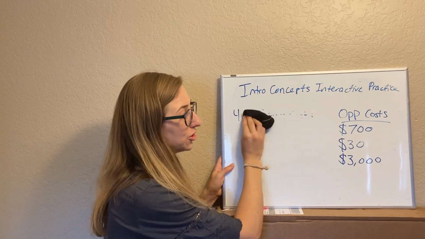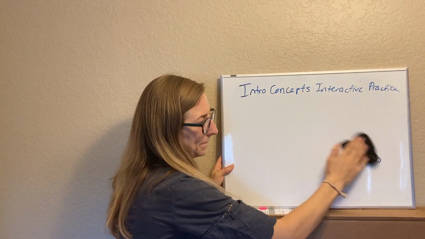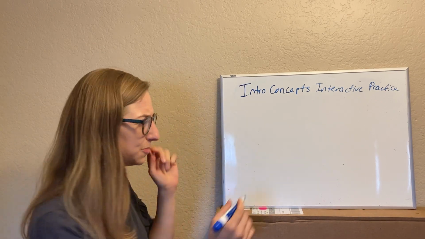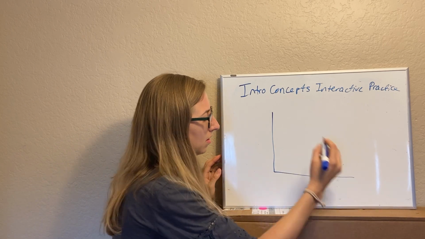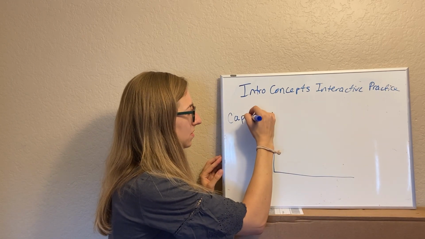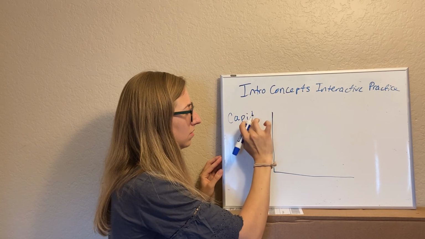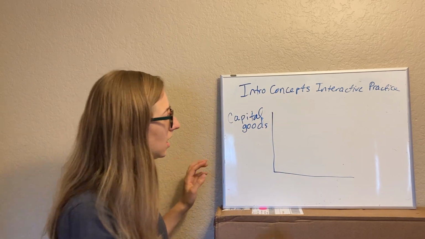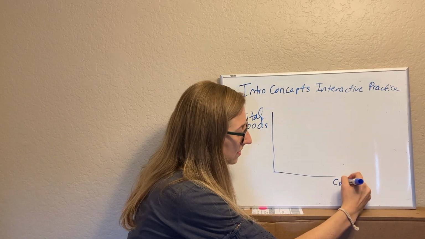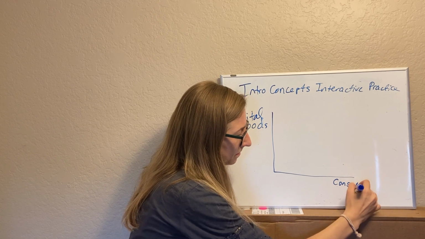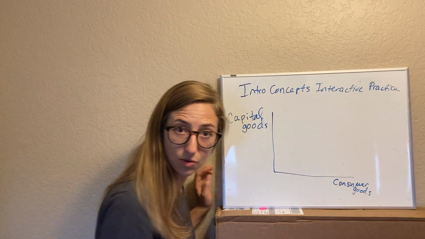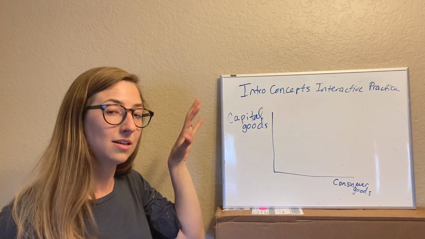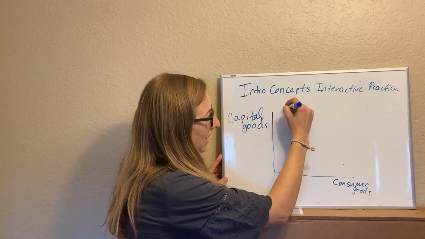Okay, so remember, for a country's production possibilities curve, we always have two goods on the axis, right? For a country's PPC, we can always use the same ones. We can use capital goods and consumer goods. Capital goods, right? The tools, factories, military goods, and then consumer goods. It does not matter which axis you put them on. Doesn't matter. Then we title it Alpakistan.